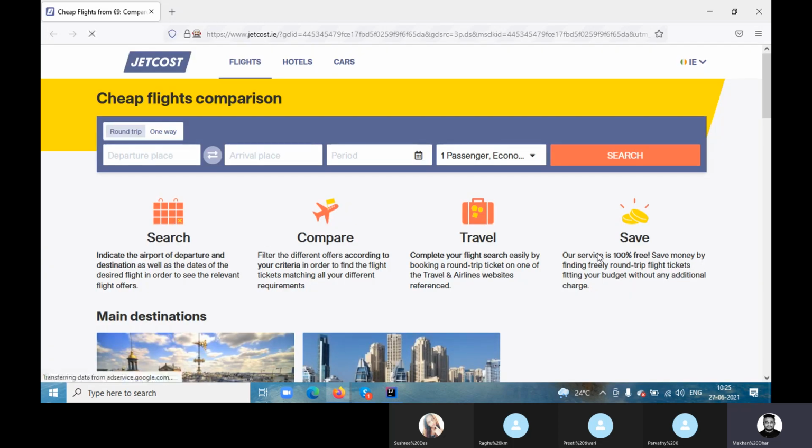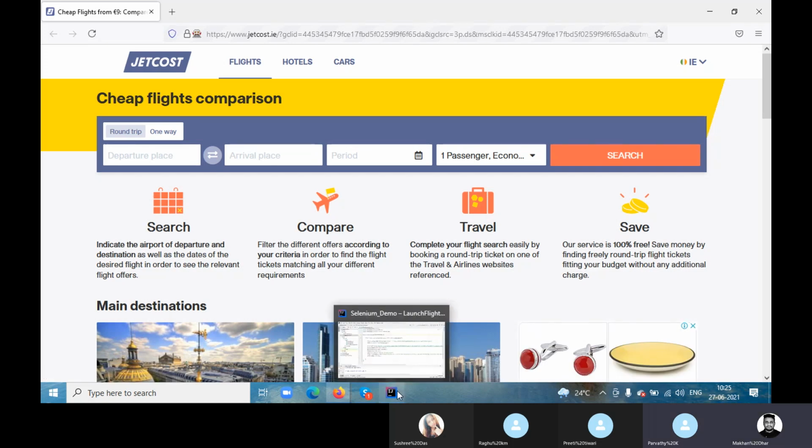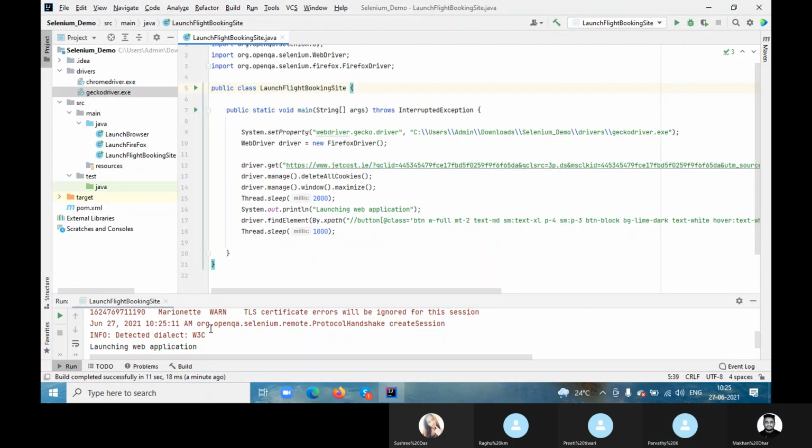Can you see? It's clicked, right? Yes. So whether it's clicked or not, in Java it executes line by line, step by step.